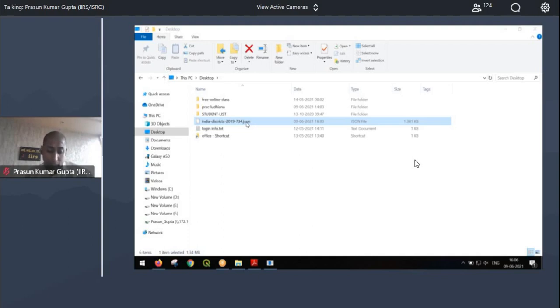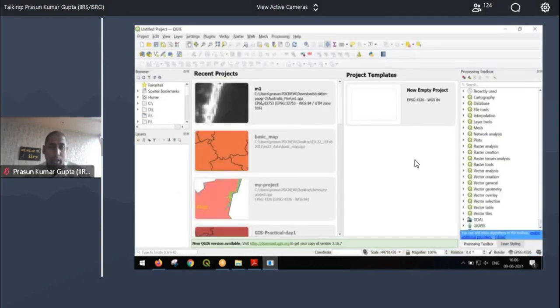Through the internet, vector data is easily published or easily downloadable through this format called JSON. It is similar to a shapefile. It has my boundaries, it has attribute data, everything in a single file.